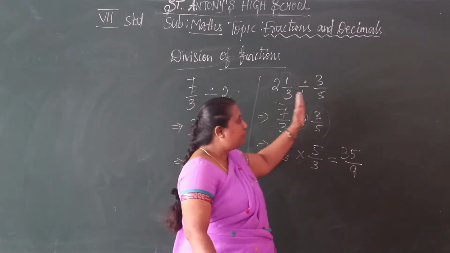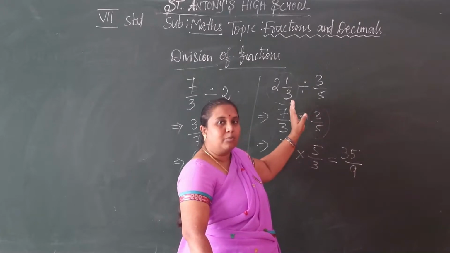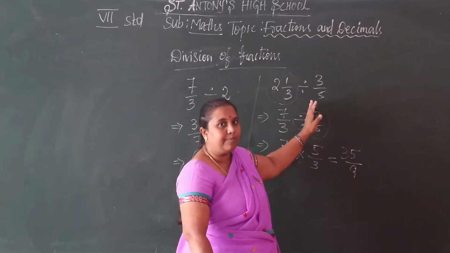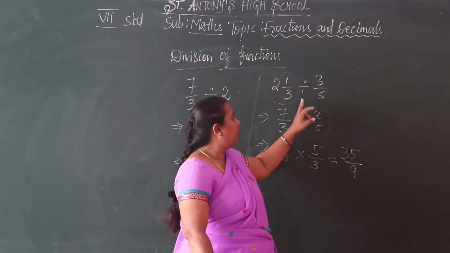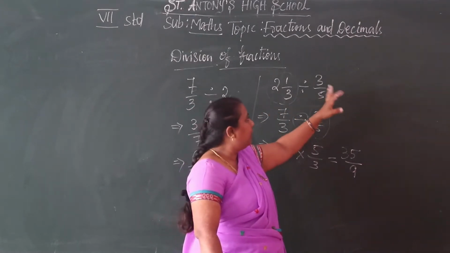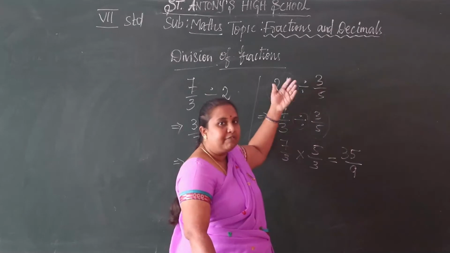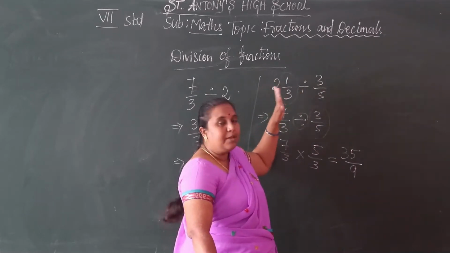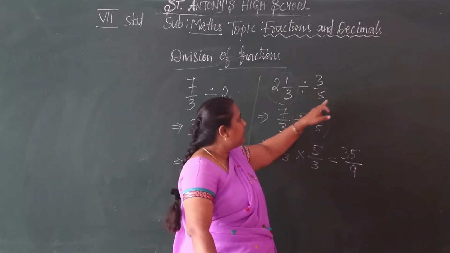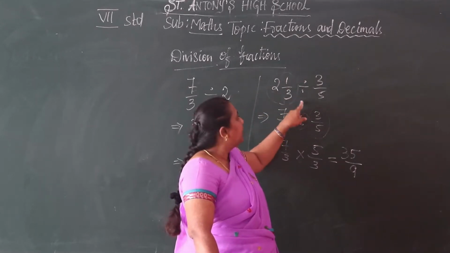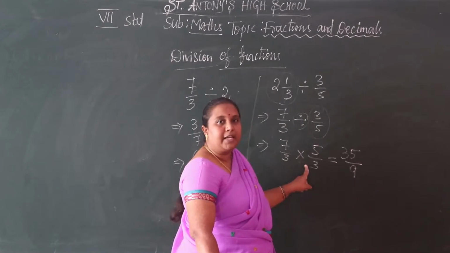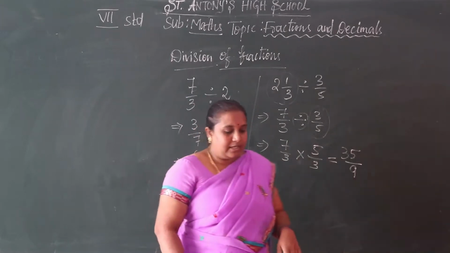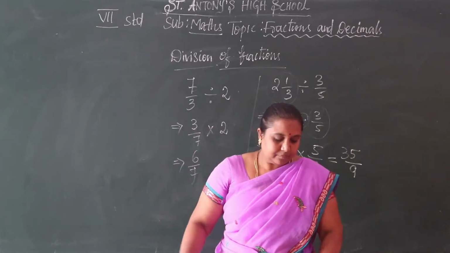So this is the solution of this fraction. Understood? You have both the terms as a single fraction, either the second fraction or the first fraction. And what is the important thing? You can take the reciprocal of one term and you should change the operation there, that is, division form into multiplication form. Let us do one more thing here.